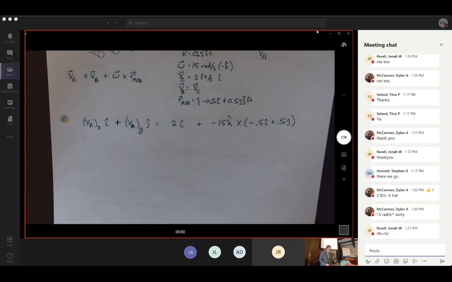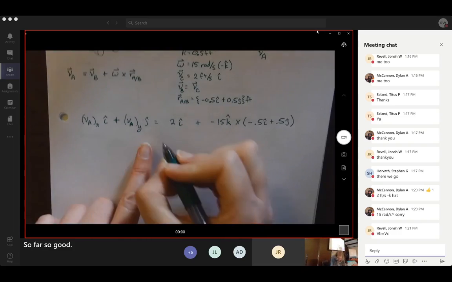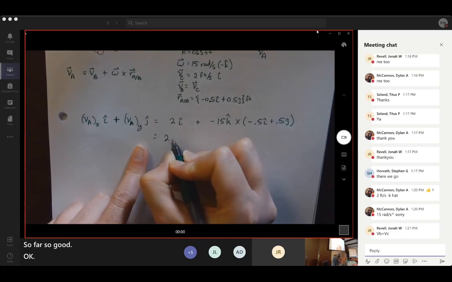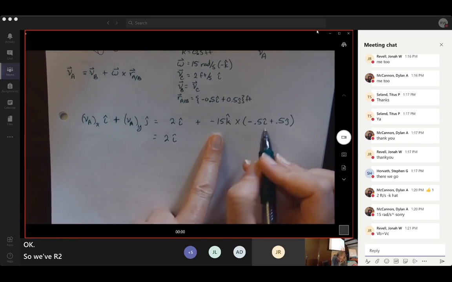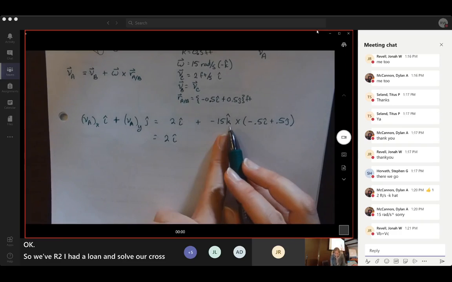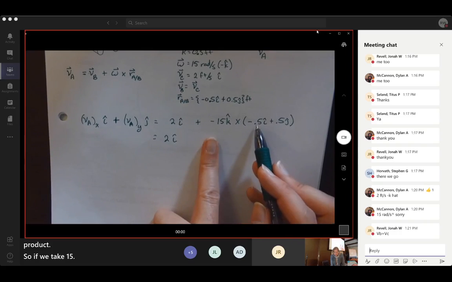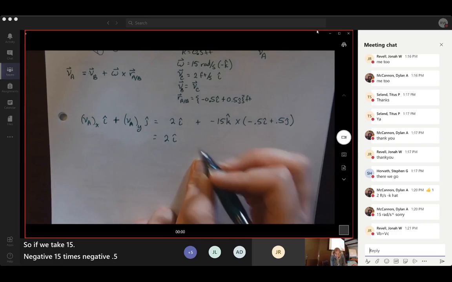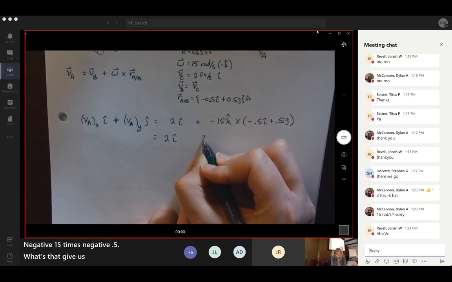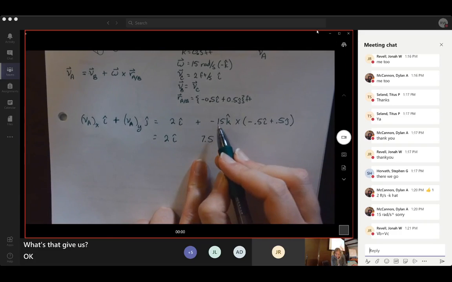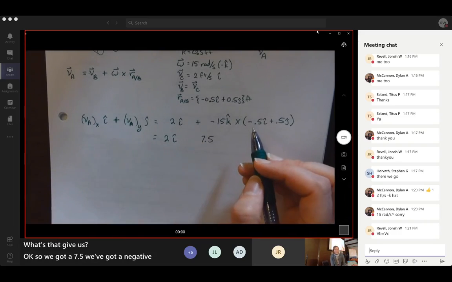Okay. So far, so good? Okay. So we'll leave our 2 I hat alone and solve our cross product. So if we take -15 times -0.5, what's that give us? Okay, so we've got a 7.5, we've got a negative cross a negative, so that gives us a positive,